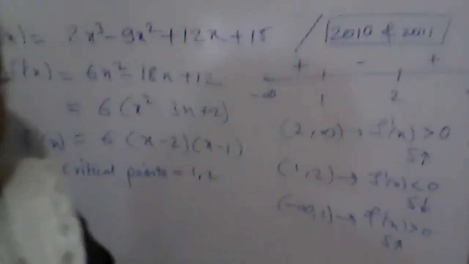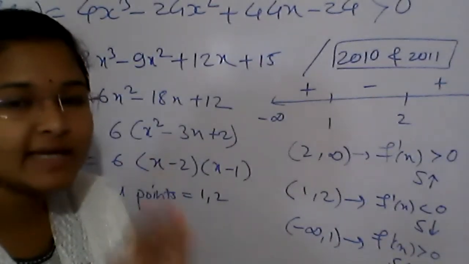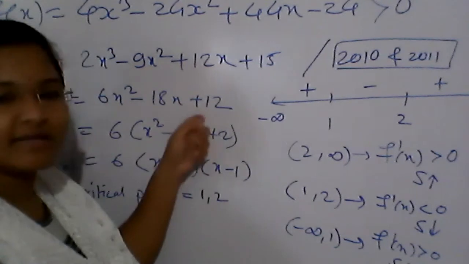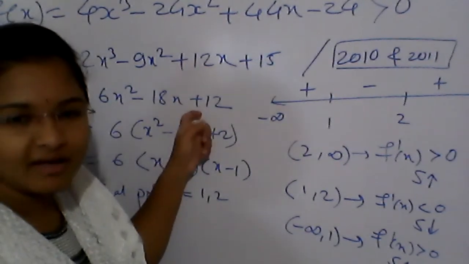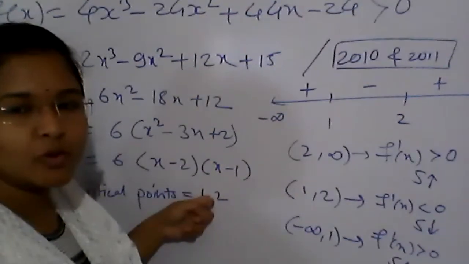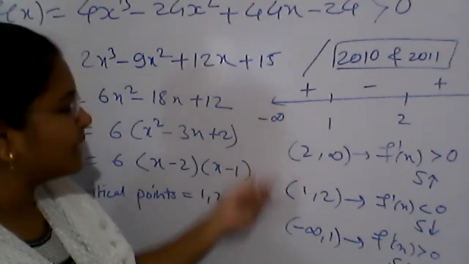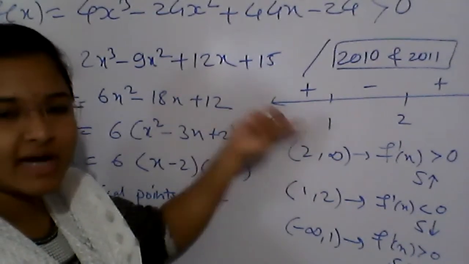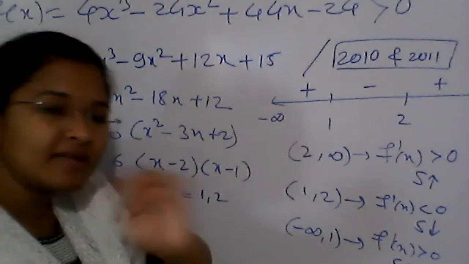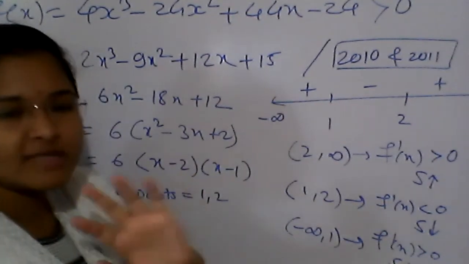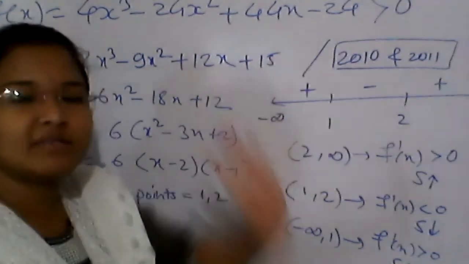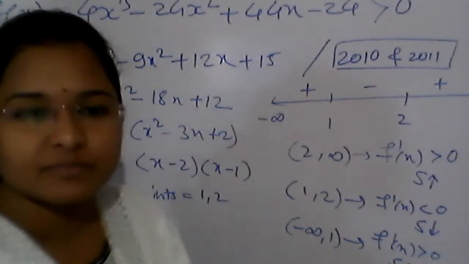Now you tell me, if your mistake is there in finding the critical point, then what will be there? You will get marks for only the derivative, for finding the derivative. Are you getting this? You can consider this 1 mark or 1.5 marks, and if you have drawn the chart, then they will give you 2 marks also there. Okay, so the final answer you have to tell in which interval it is strictly increasing and strictly decreasing. Whatever the final answer was, they give 1 mark for it. Okay, so you can split that: 1 plus 1 plus this 1 plus final answer 1. Any doubt? No, ma'am.